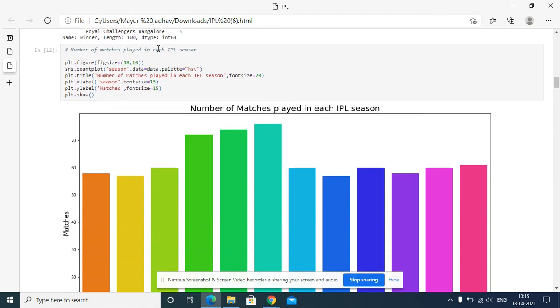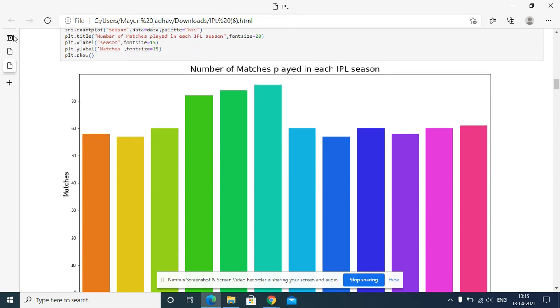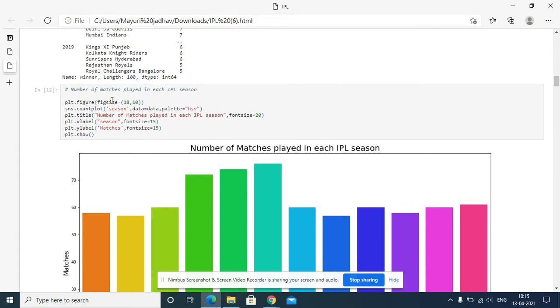Number of matches played in each IPL season. plt.figure size gives the x dimension and the y dimension. sns.countplot season, data is equal to data, palette HSV.